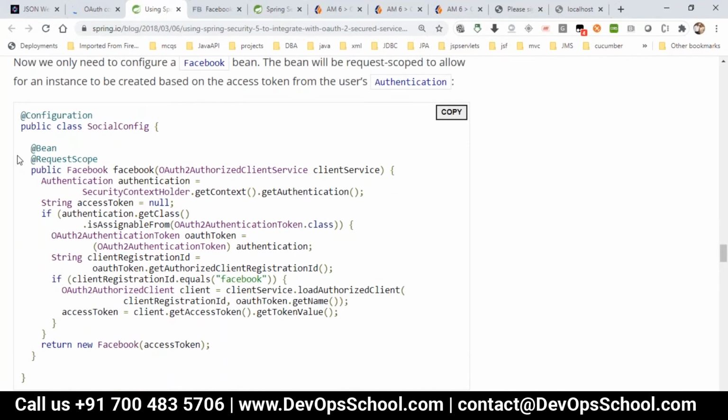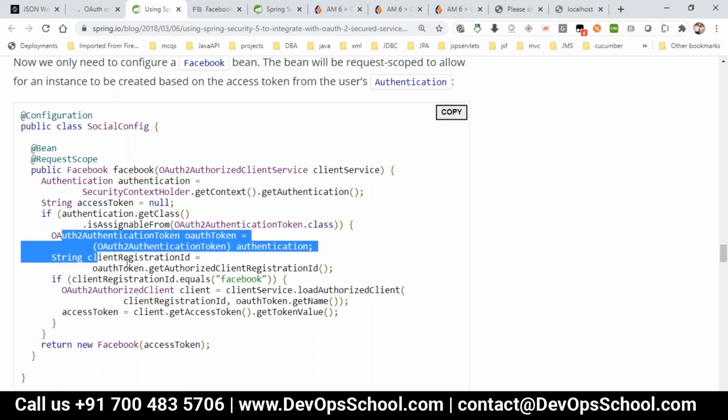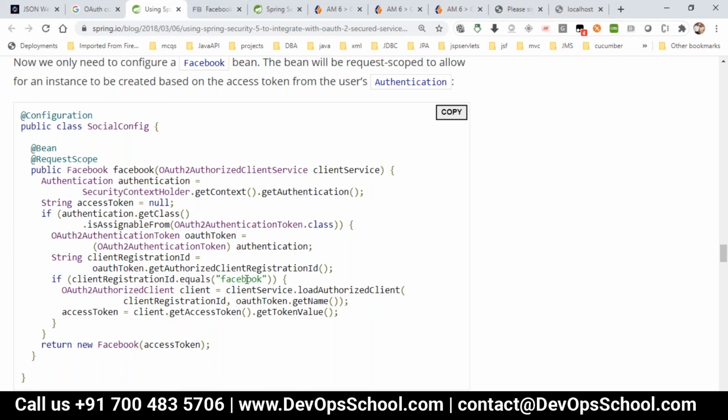So that is the social config. We are doing some configuration bean, which is written for Facebook. With the OAuth2AuthorizedClientService, you get the access token. If the authentication is assignable, then it should give the registration ID. And if the registration ID equals Facebook, then we have to get the OAuth token.